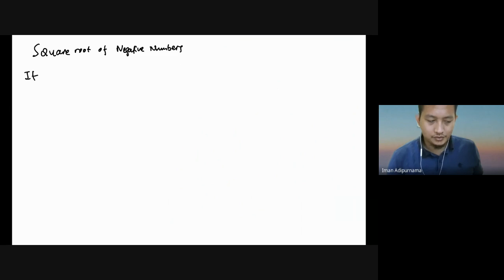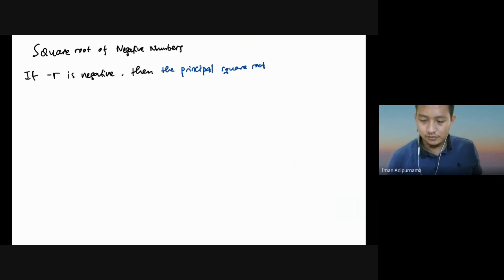So if negative r is negative, then the principal square root of negative r is